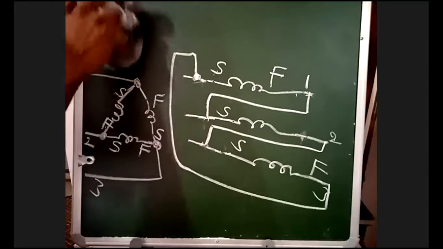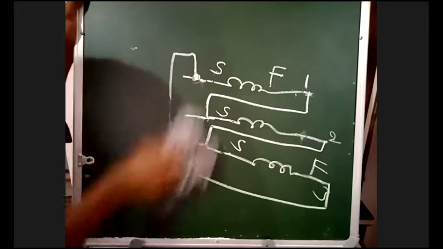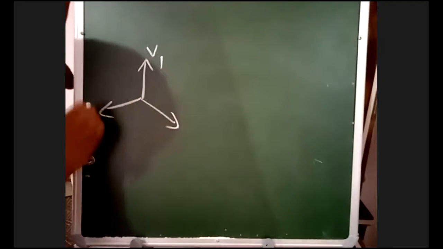Okay, I am removing this. Now we'll go to the problems. Before going to the problems, we'll draw the phasor diagram. In star connection, we have taken V1, V2, V3. But in delta connection, we will take